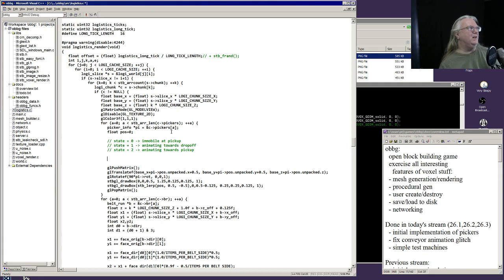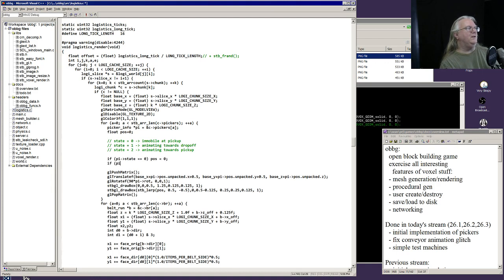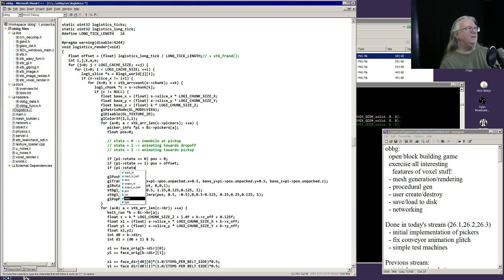So, PI state equals 0, pause equals 0. PI state equals 1, pause equals offset goes from 0 to 1. PI state equals 2, pause equals, it's 1 minus offset isn't quite right. It's minus 1.0 over long tick length. And maybe that works. Okay, and then I gotta use that in the sim,